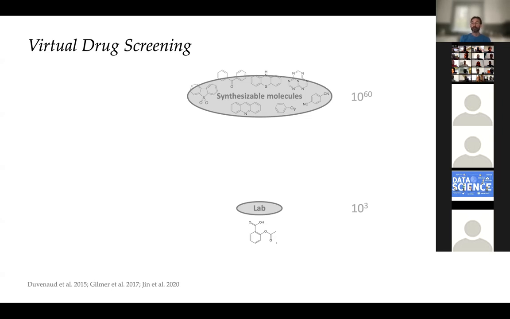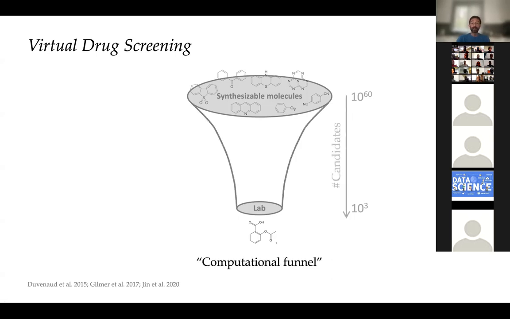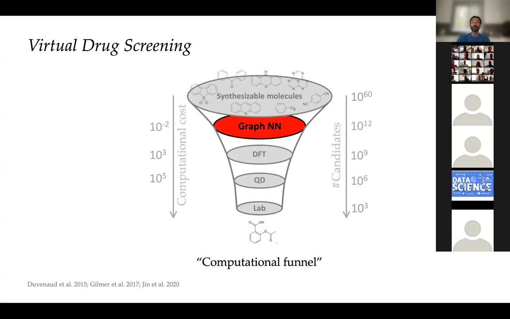Now there is also some automation in this domain, and you have high throughput robotic labs that can test, for example, binding of different molecules with high throughput, but it's still a huge gap between the number of synthesizable molecules and testable molecules. So this gap can be breached computationally, and graph neural networks have shown themselves amazingly well in predicting some properties of molecules.